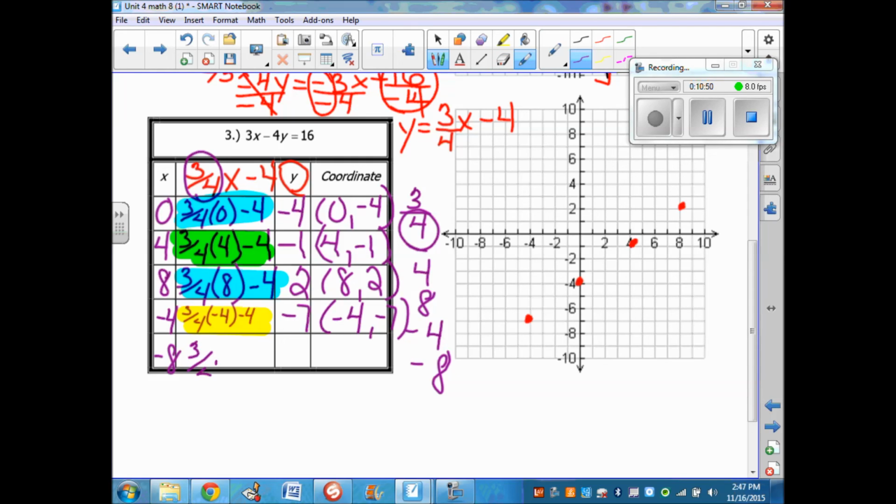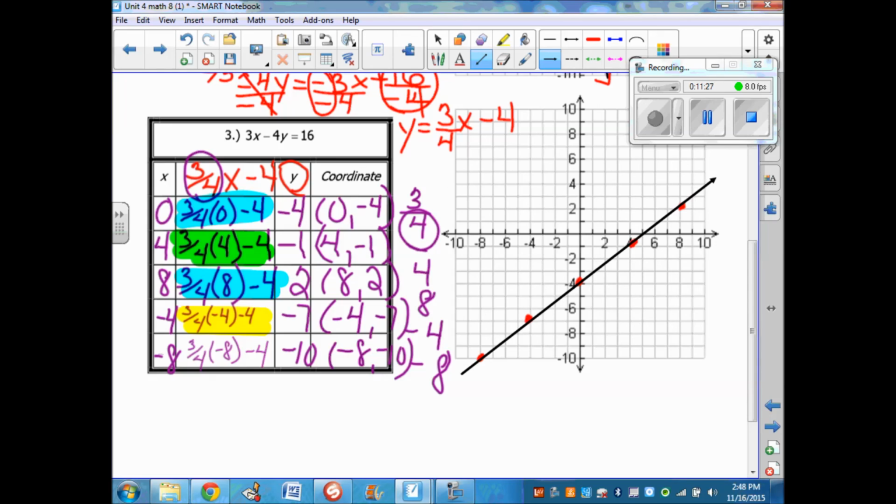So 3/4 times negative 8 minus 4. And let's shrink it up a little bit. Okay, so we end up with negative 6 minus 4, negative 10. That's much better. -8, -10. Go back and plot that. Negative 8, so left 8 and down 10. Much better. Grab your straight edge